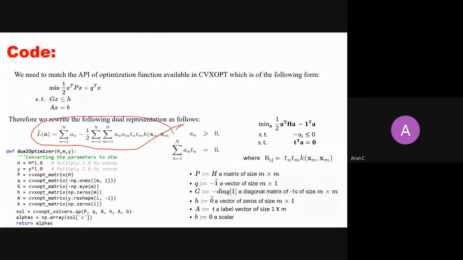This is my dual representation here. There is a bracket here. So I can write this optimization problem in this form, which is a quadratic optimization problem. Probably I'm offering convex optimization next semester, and if you take that, then we will clarify more what is convex and why it is a quadratic problem. For now, you just say that it is a convex problem and it has a global minimum, and we can always have a unique solution from it. So this dual representation is a quadratic form.